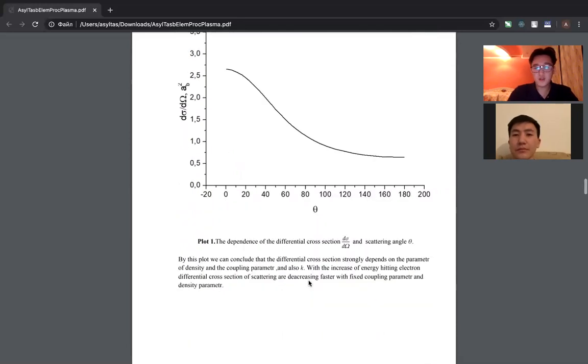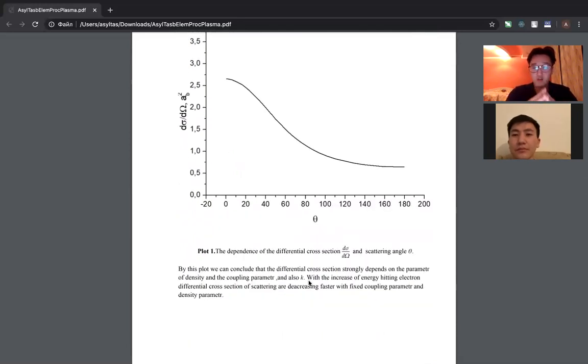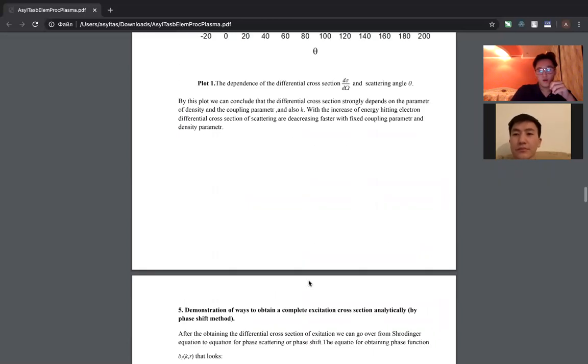By this plot, we can conclude that the differential cross-section strongly depends on the density parameter and the coupling parameter, and also on the Boltzmann constant. With the increase of the heating energy of the electron, the differential cross-section of scattering decreases faster at a fixed coupling parameter and density parameter. Okay, and